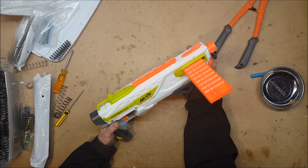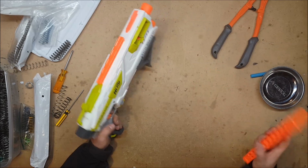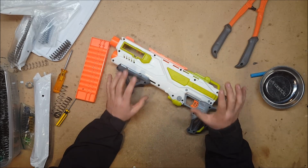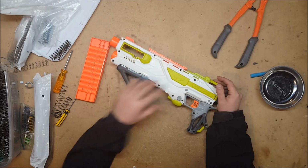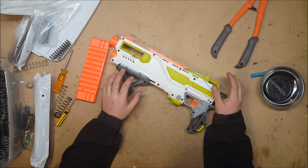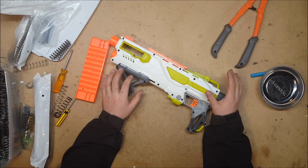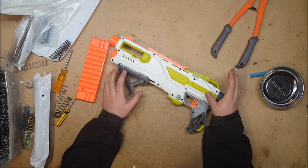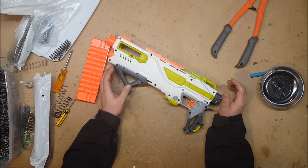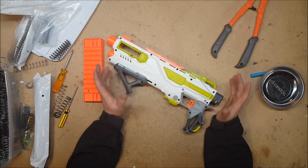So, a lot of downsides to this blaster, but what we want to know is, can it take a K26 in order to make it have decent ranges? Because in addition to all of those other downsides, this blaster has apparently poorer performance than N-Strike Elite, so it really doesn't even qualify as N-Strike Elite. It's part of the Modulus line, as you can tell by the color. So it doesn't necessarily claim to be...